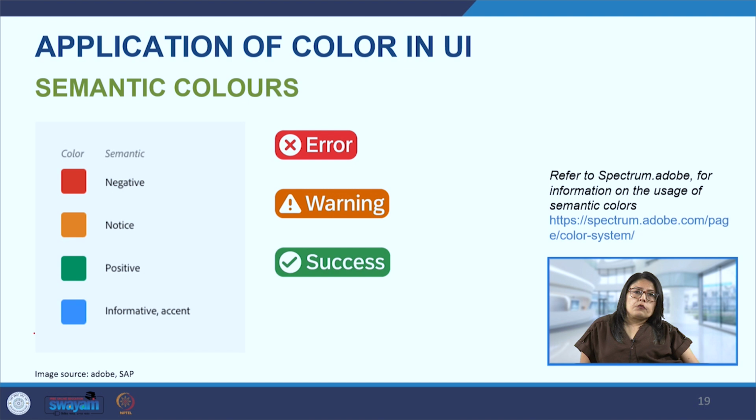So, if you recall, when we are trying to log in to a certain website, and then we are making a payment, for example. If you want to go ahead, generally we will see a green rectangle, yes or go or okay, and red will be for where we don't want to go ahead. It will be cancel or stop or some similar terminology, which will sort of give a warning to the user that this is for going back one step and not to go forward. Whereas yellow will give us a caution.